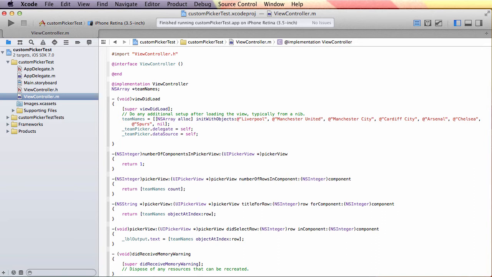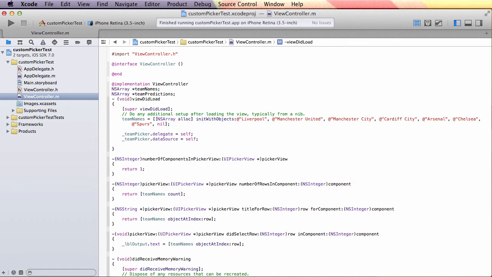So if we're using a multi-component picker, the first thing we need is a data source for that component. So we have team names in one component or column. So I'm going to put team predictions in another column. Predictions. And that's also an array. And I'll set up the array in the same way. Team predictions